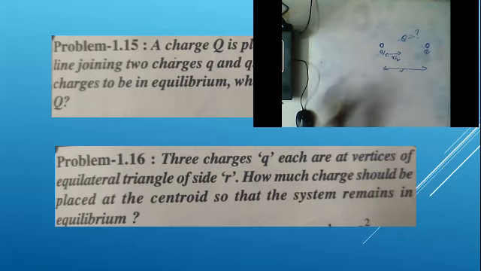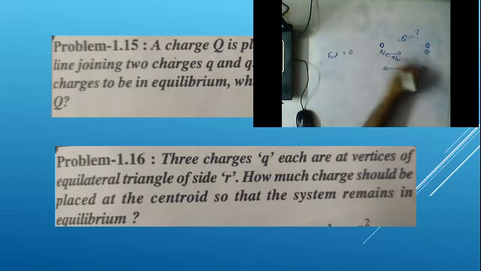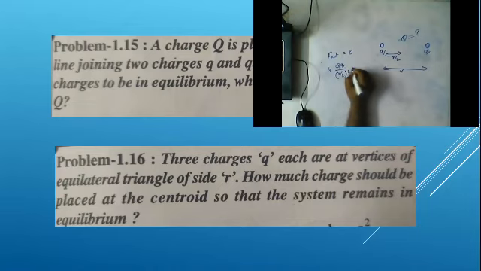And what is the total distance? It is r. Now here for equilibrium, the net force F net should be equal to what, guys? 0. So I can write, what is the force between these two? I can write it as k into capital Q small q by (r by 2) whole square plus k into,